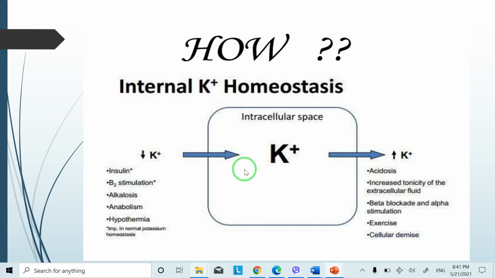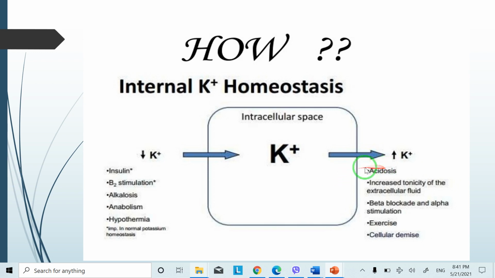Also, it favors the entry of potassium to inside the cell, and the anabolism, when we are in a state of anabolism, it is needed for intracellular important processes, so it enhances the entry of potassium from outside the cell to inside the cell. On the contrary, we have certain factors that favor the escape of potassium from inside the cell to the outside. For example, in case of acidosis, we will find that the potassium will pass from inside